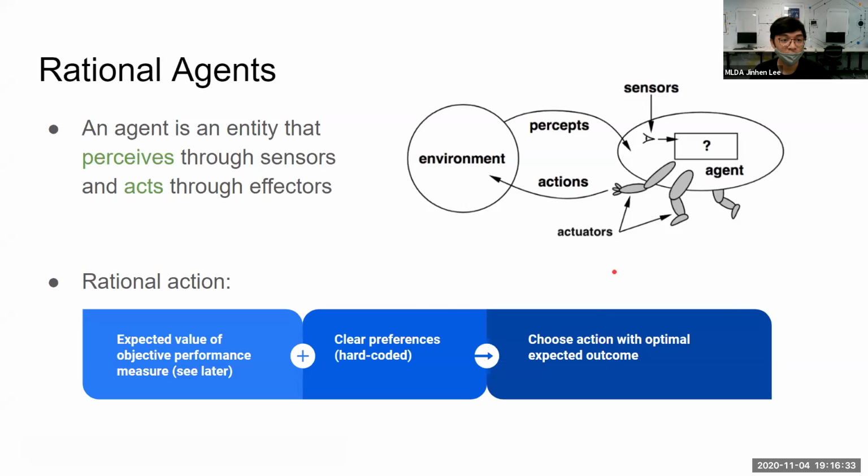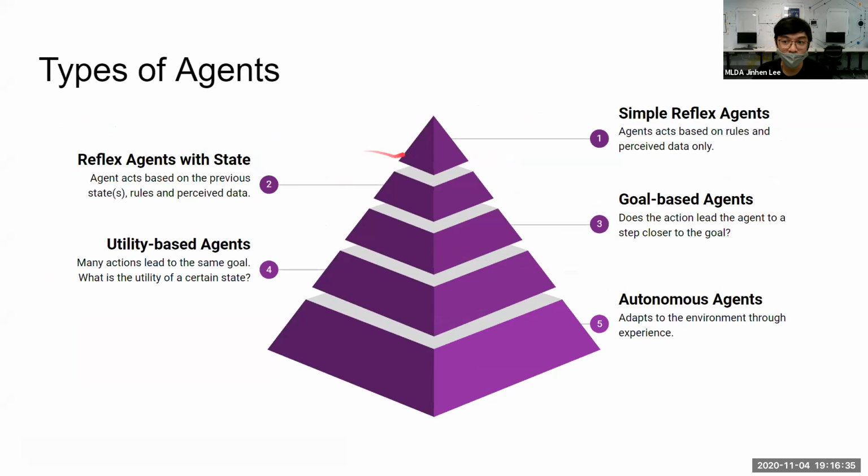Okay, going back to agents, there are many types of agents, with increasing complexity as we go down this pyramid. The most basic one is the simple reflex agent. If you have done programming before, that is also a reflex agent, because a simple program just looks at some conditions, and in different scenarios, you act accordingly. So that's just a simple reflex agent.